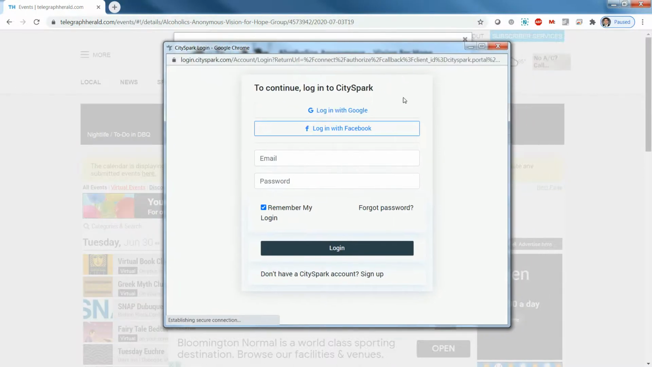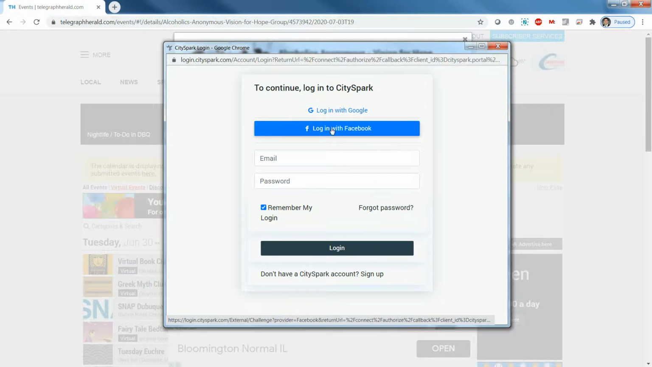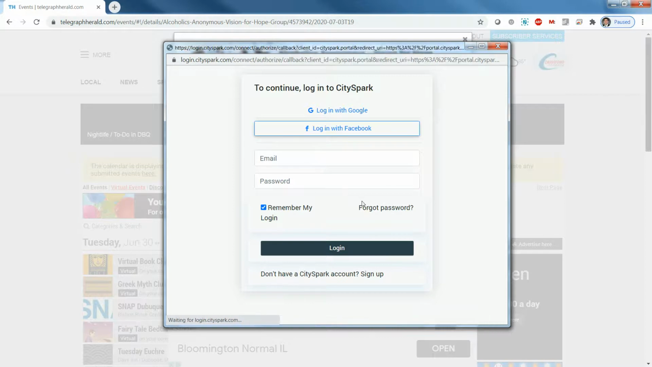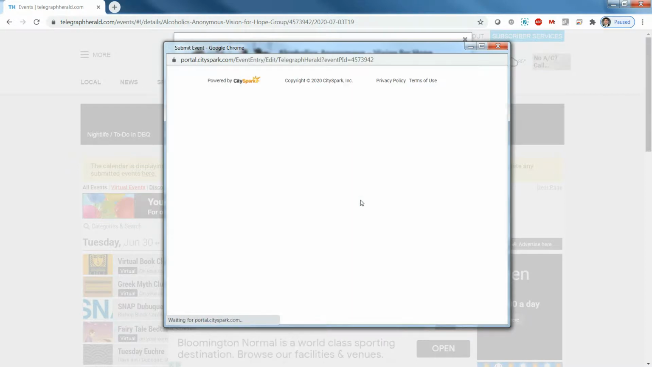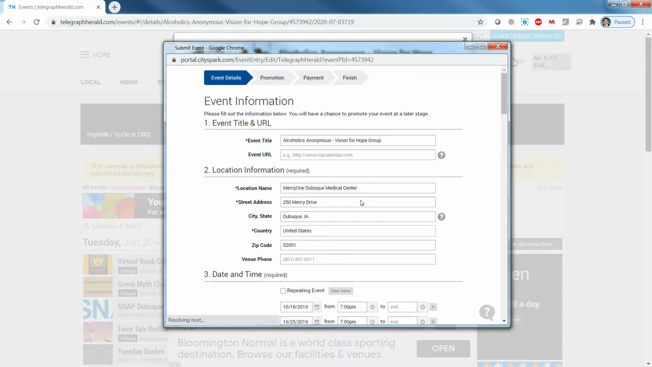We're being asked to log into CitySpark, which is the system that we actually use to manage our events. This is separate than your Telegraph-Herald subscriber login. So in this case, I'm just going to go ahead and choose Login with Facebook because I don't have an account based on my regular email address here. So I'm automatically logged in with my Facebook account,